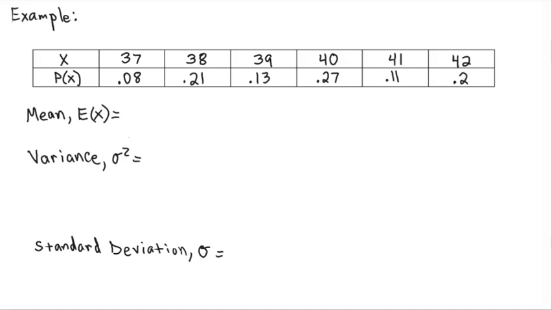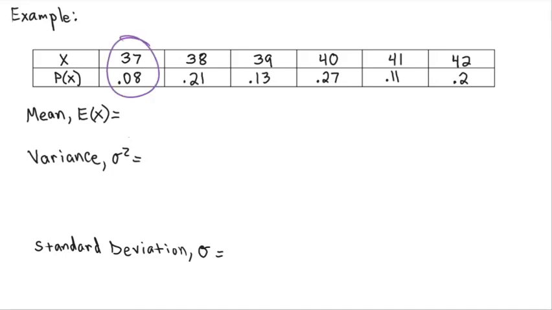All right, here's an example. We don't need the frequency for this one. We just need the x and the p of x. As long as we have the x values and then the probability values, we can identify the mean, the variance, and the standard deviation. So to identify the mean, what we're going to do is for each one of these,